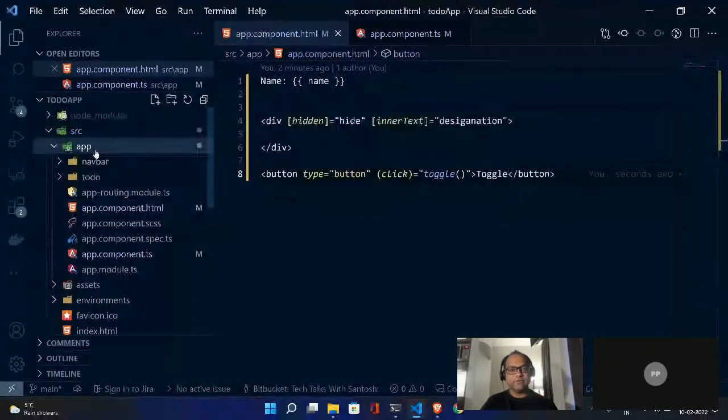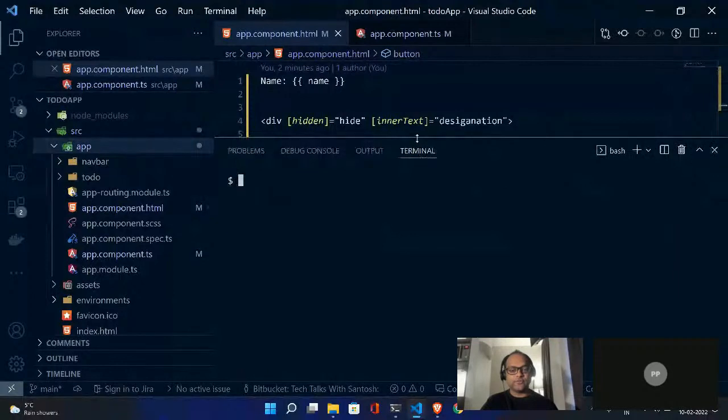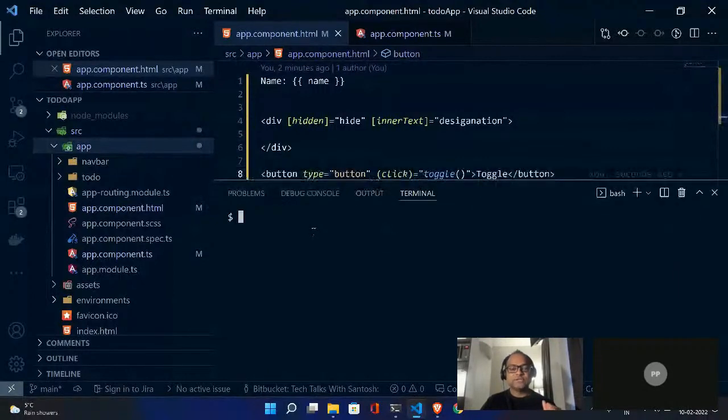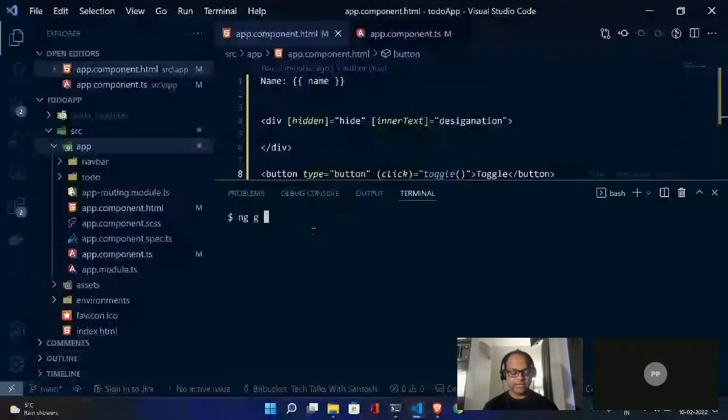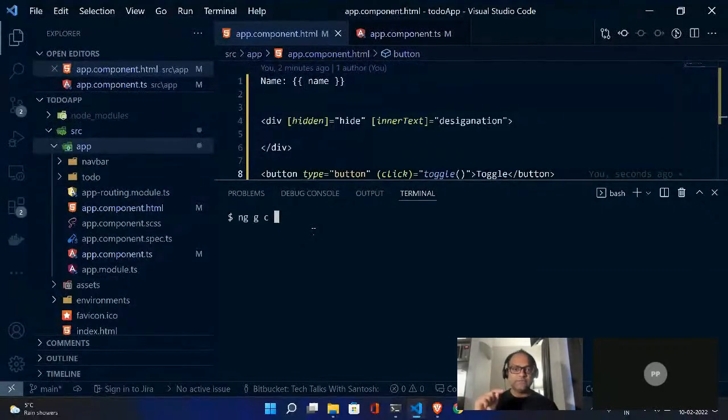First thing we will do is, I'm not going to add a lot of code into this component right now. So we will be creating another component. We'll learn how to create another component. As I said, in Angular, you can use the ng generate command, and then you can say c, which stands for component. You can also write this as ng g for generate, or write the entire generate, and c for component. It's up to you.